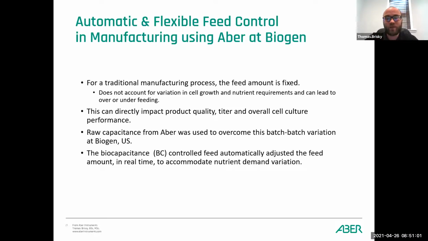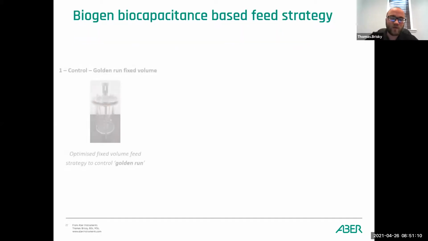Now, for them, the biocapacitance controlled feed automatically adjusts the amount of feed in real time. And to prove this, they tested 3 strategies. In the first, they basically tested 3 different runs, run slightly different ways. The first was a fixed feed volume strategy that was known as their golden batch. So basically they fed the right number of cells, they did their perfect feeding that they normally do, and it